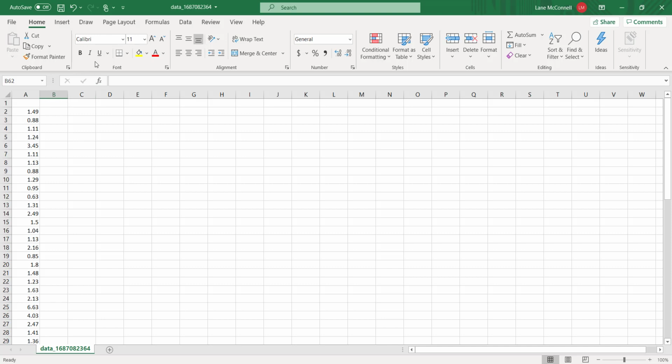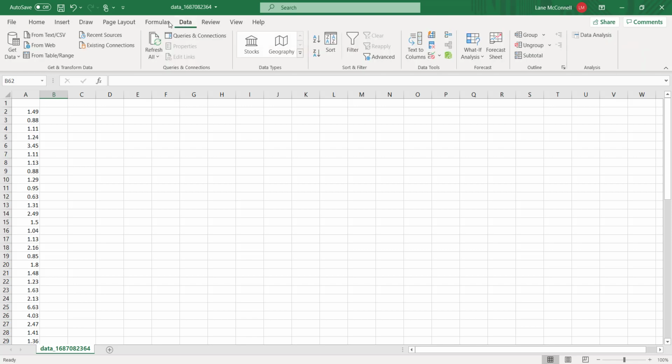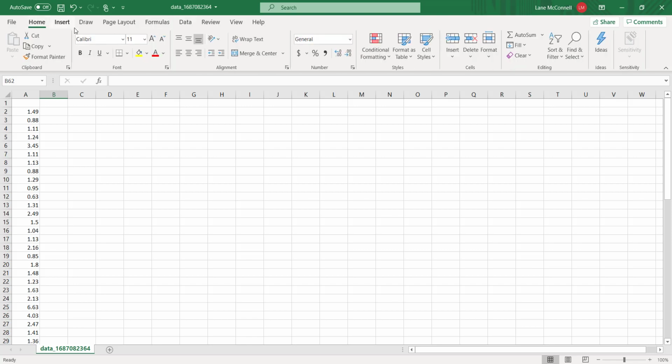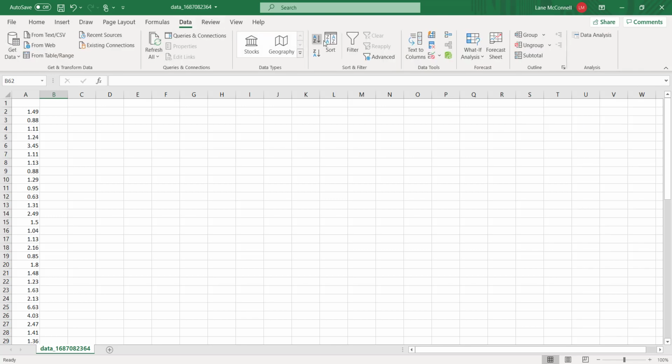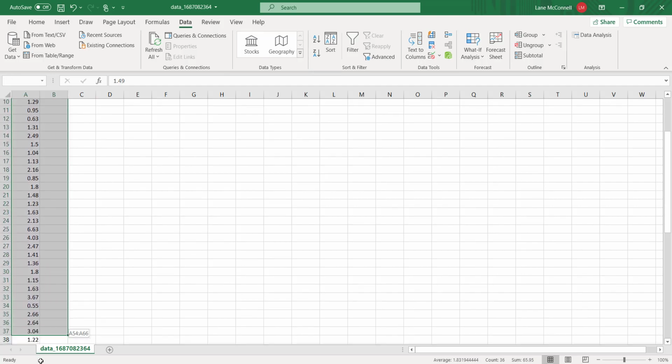to do is come over here, we have a couple of options. I can go to this Data one, or even on the Home tab, I guess it shows up. I see it over here. So there's Sort & Filter over here, or even easier, if we go to Data at the top, we have Sort & Filter with a couple of options. And if I just highlight this and pick one of those,